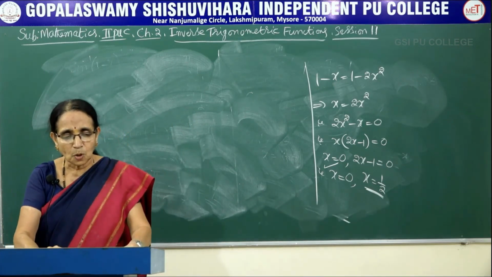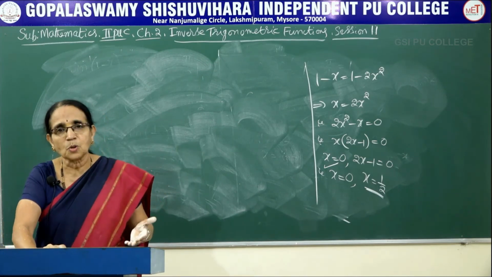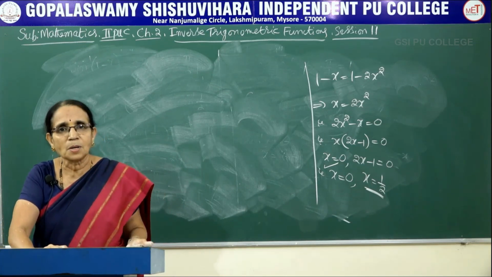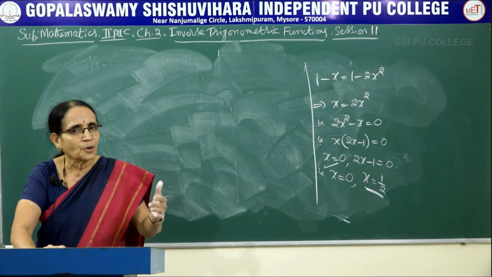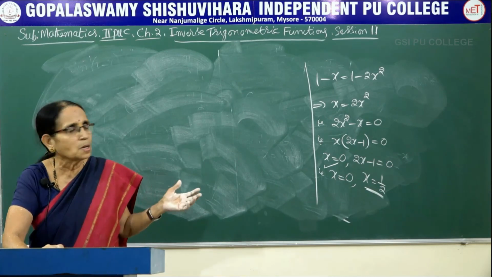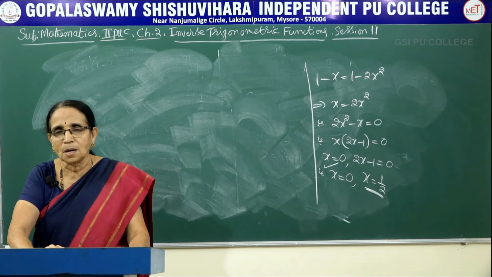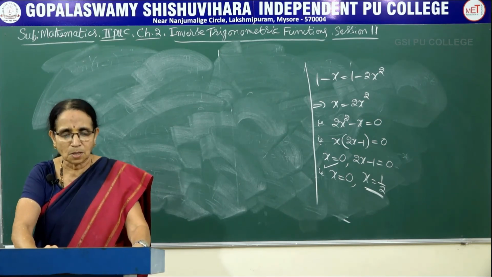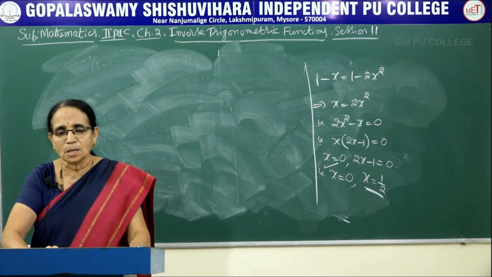So these are the problems I've taken from your present textbook, and most of the problems have been asked in the earlier examinations, either for a 2-mark question or 3-mark question. The first 2-3 problems are usually given for a 2-mark question. The remaining problems you can expect for a 3-mark question, that is in part C. Part B means 2-mark question, part C means it is a 3-mark question. Now this completes almost all the problems of this particular chapter.